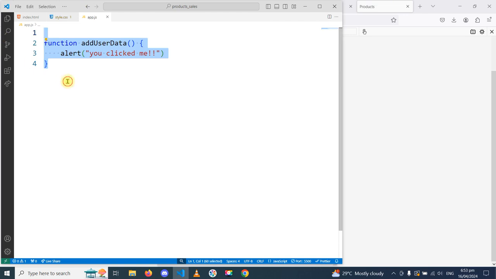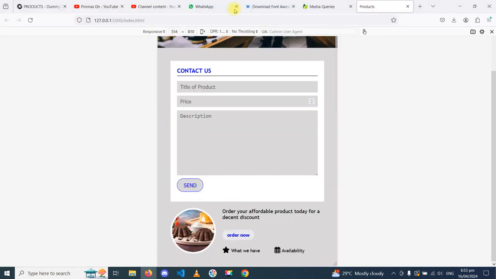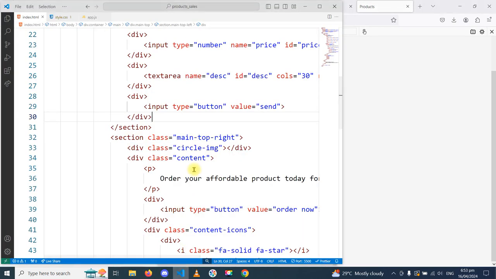This is not what we are leaving there. We just want to use it to check something. So with this add user data function, with the parentheses, you copy that, or you can type it in where you have the button. You see the button here, that is this one. This send button is what we have right here. It has a value of send, but